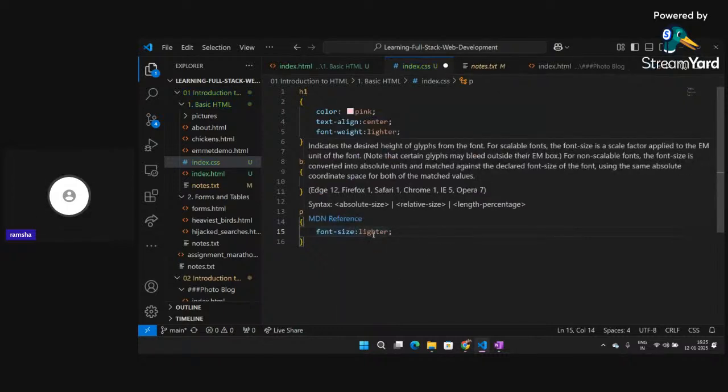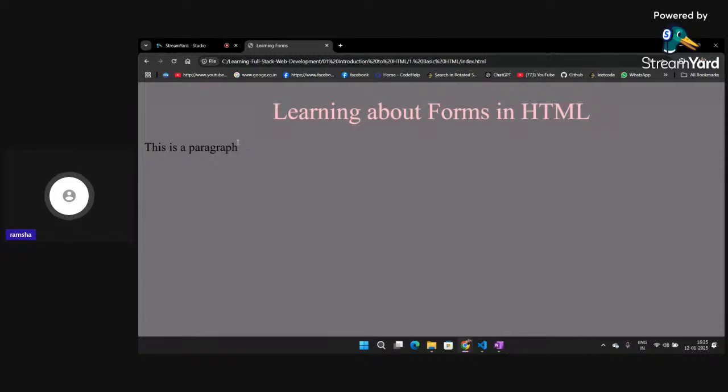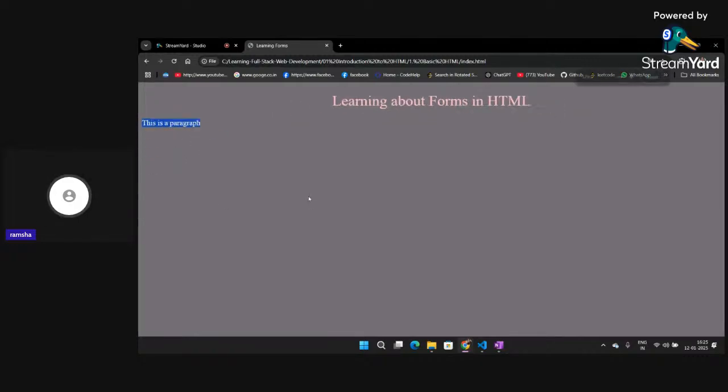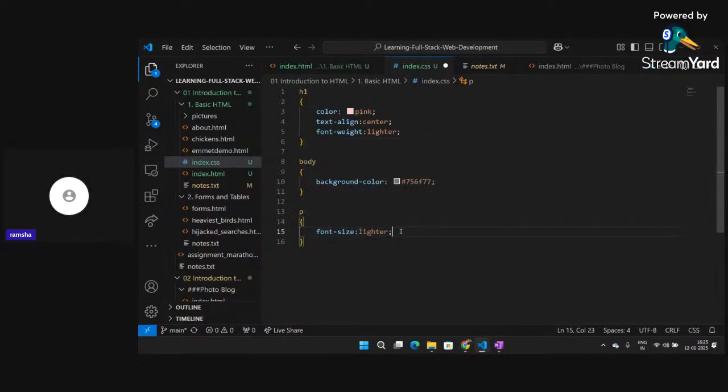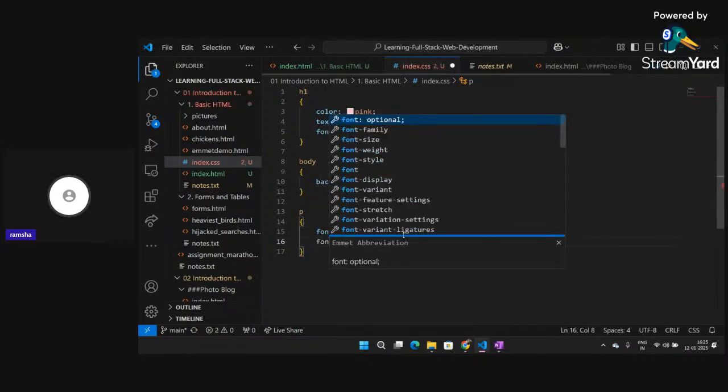So let me tell you a little bit about font size. Suppose you see this particular paragraph, what we have here is this paragraph in a little bit smaller format. What if I don't want the text to be this small? I want it to be larger than this paragraph. So what I can do is target my paragraph, and I will say font size to be